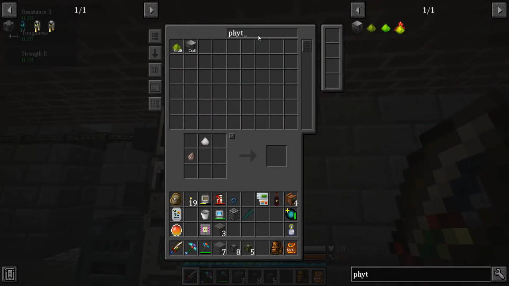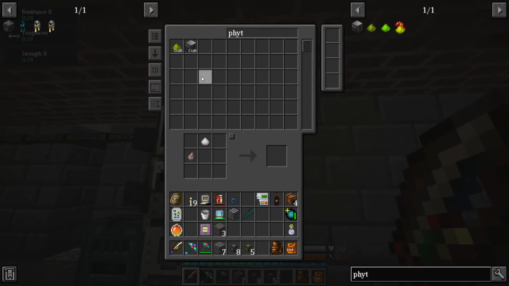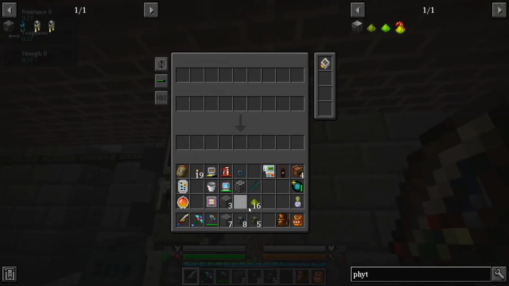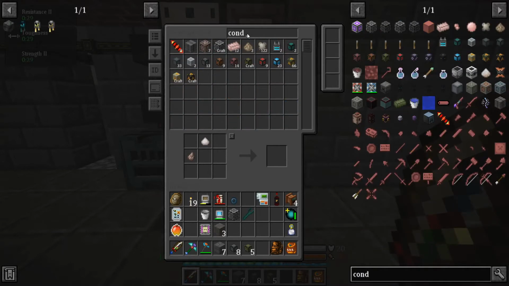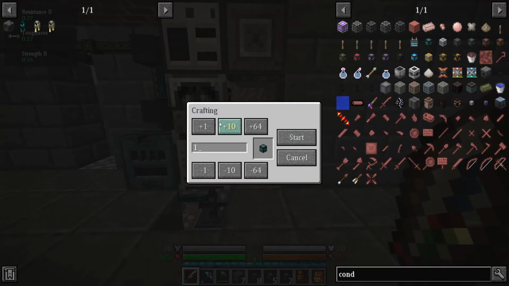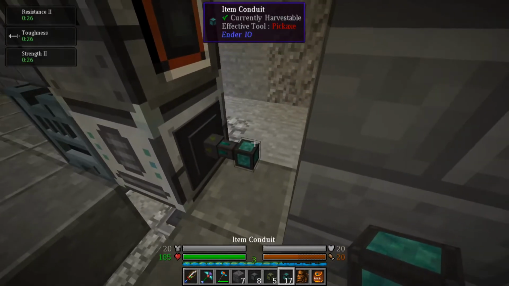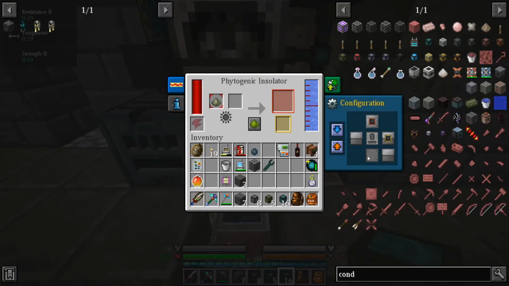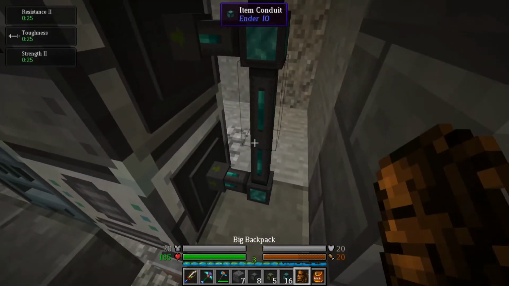So now let's try the Phytogrow. Doesn't really actually matter 10 or not, but it produces 16 per recipe. So you are going to keep that in stock. There you go. And I need some conduits. Now, where did I have your input? I didn't, right? So I guess let's, oh